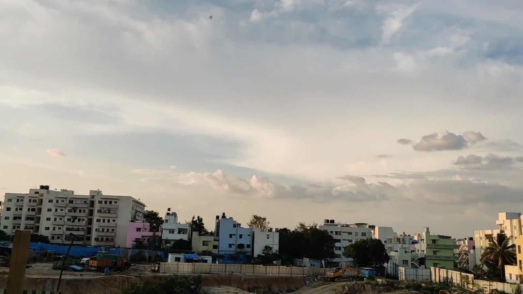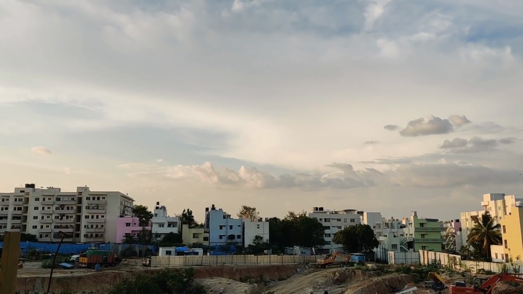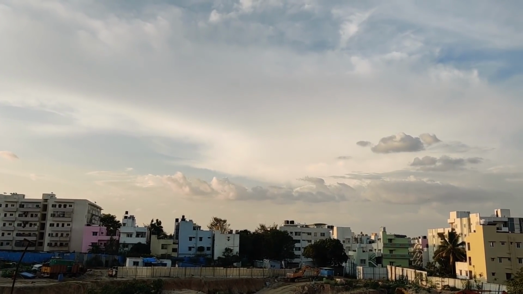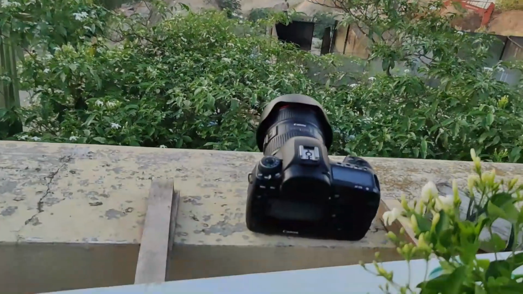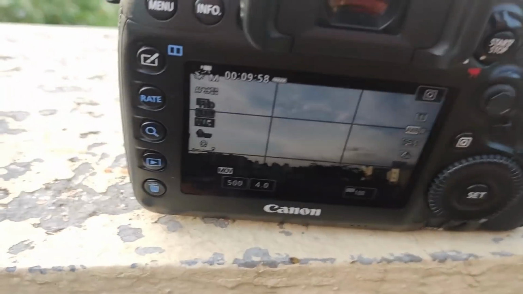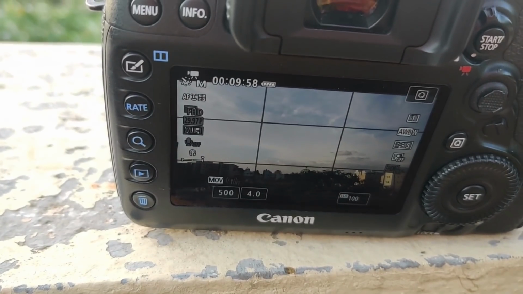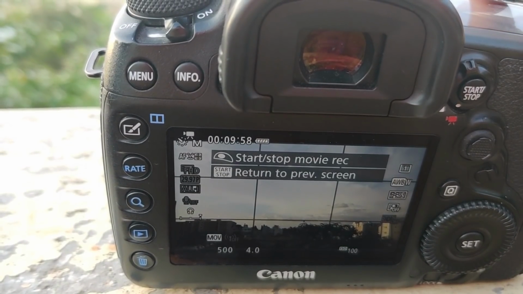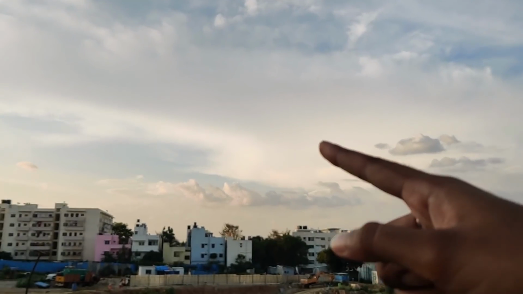So when it is going to the end part, the sky is going to look really colorful, and we really don't want our footage to be underexposed at that point of time, because that is exactly the fruit of the video we're trying to capture. So if it is a little bit overexposed now, when the sky goes down and gets colorful and a little darker, it's going to be correctly exposed here. So I'm going to record. Cool. And it has started.